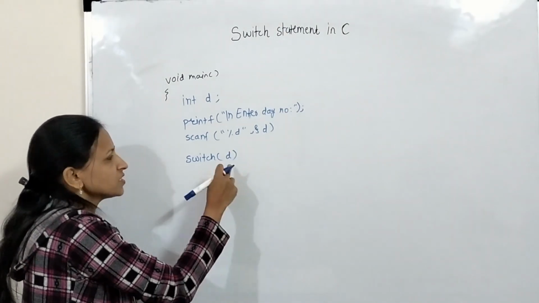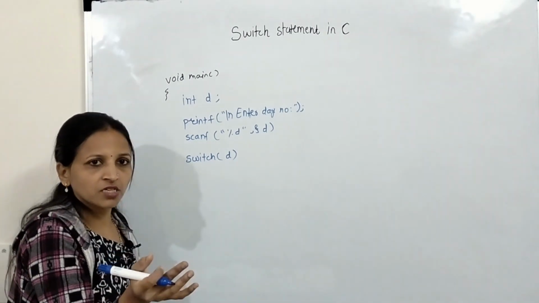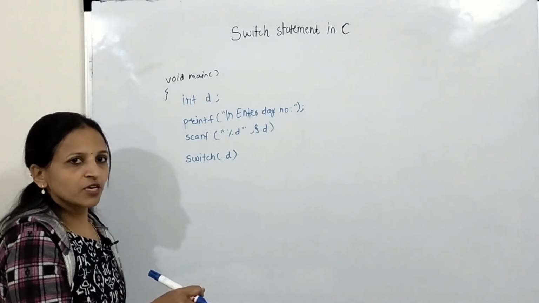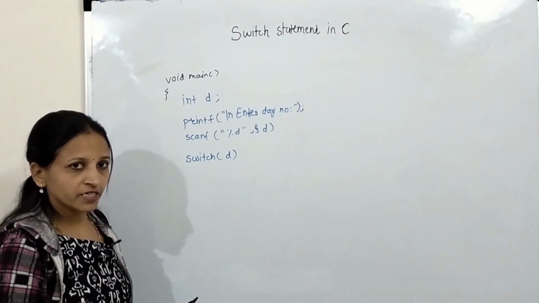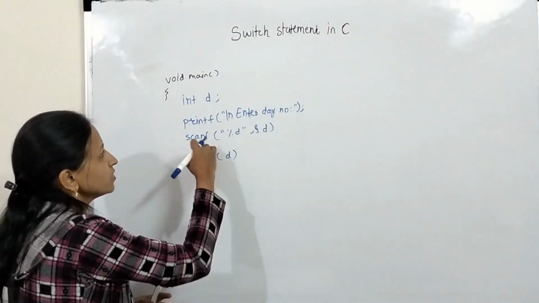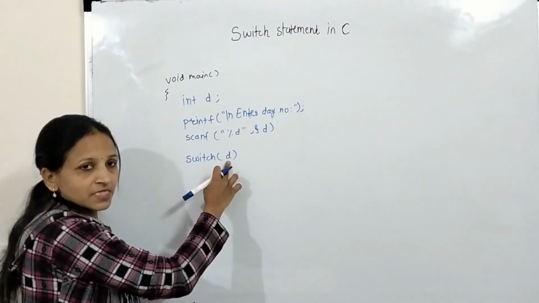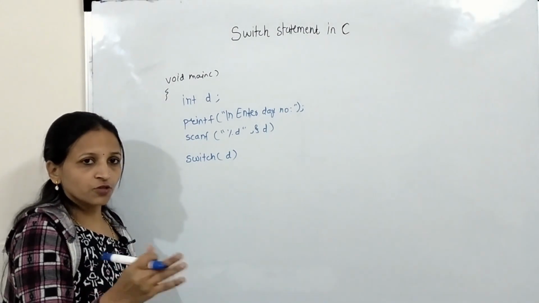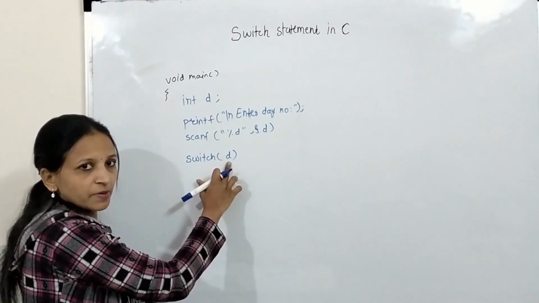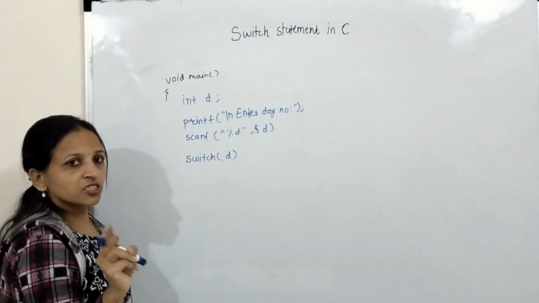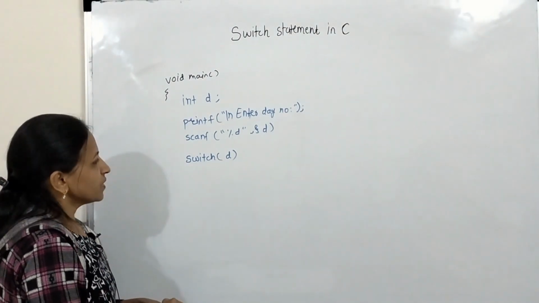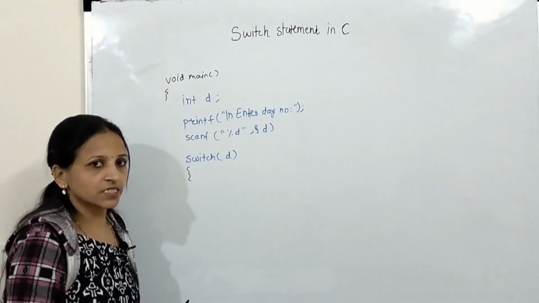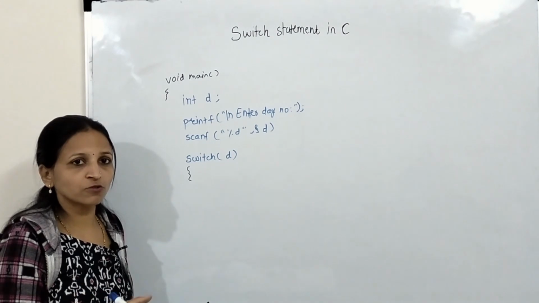You can place here a single variable, you can place any expression, you can place any character variable, no problem. Okay, which is having fixed value. It should result to character or integer only. You cannot place any float variable or any expression that results to float inside this bracket of switch. Okay, always remember only integer and character is allowed here. Now after that we have to place brace, and we have to place multiple cases according to whatever possible values of that day number.